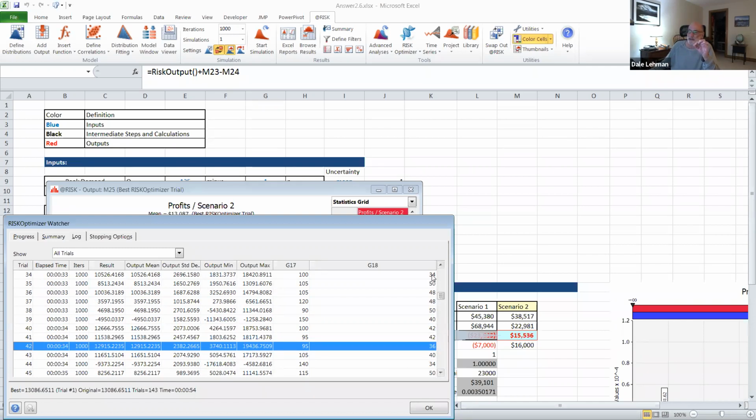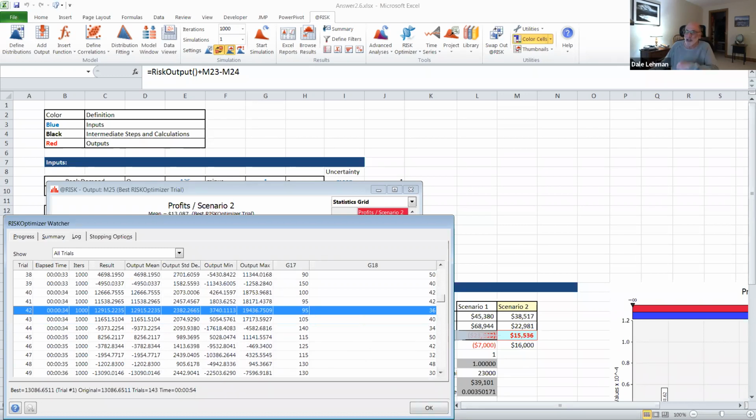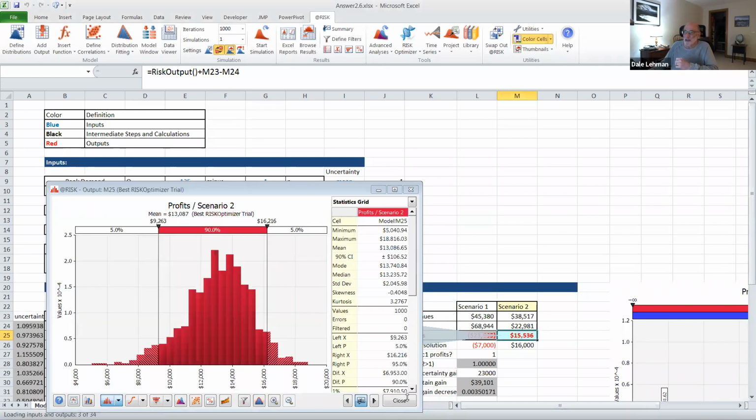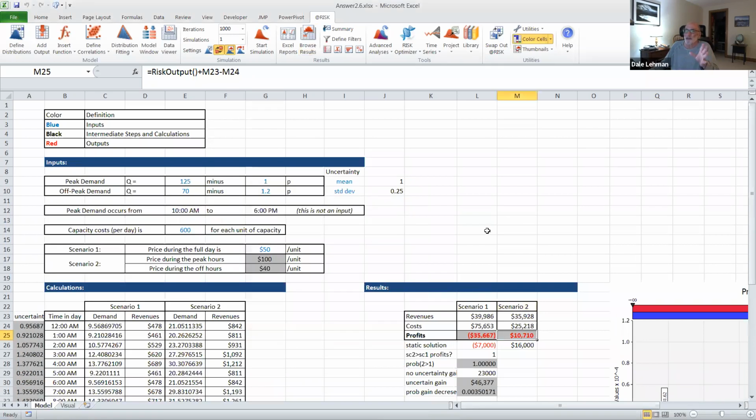You might want to look at prices below 40 as well, a little finer, going from 35 to 45, and this one from maybe 90 to 100. That would probably be my next step. But I'll keep this solution for now, which is setting this at 100 and this one at 40, and the profits. So now, with that pasted in, you want to